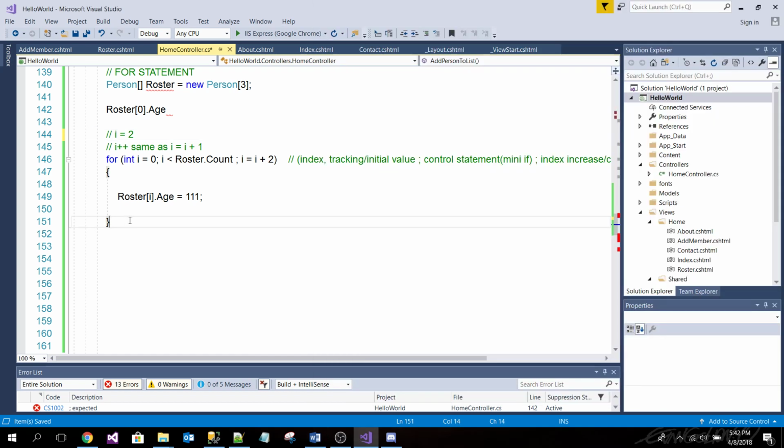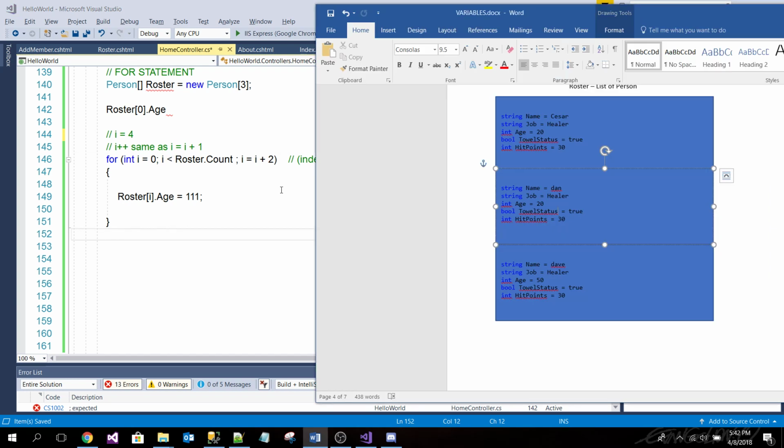Exactly. So the next time this goes here, what does it go to? 4. And is 4 less than 3? No. So we skip out.